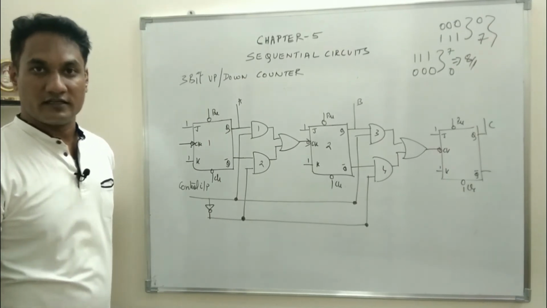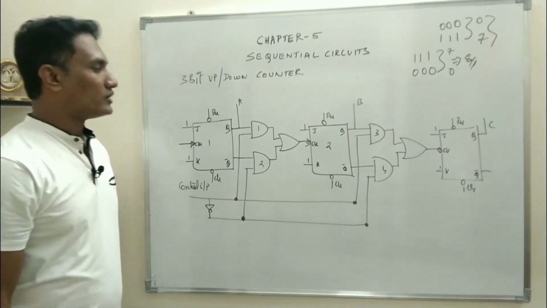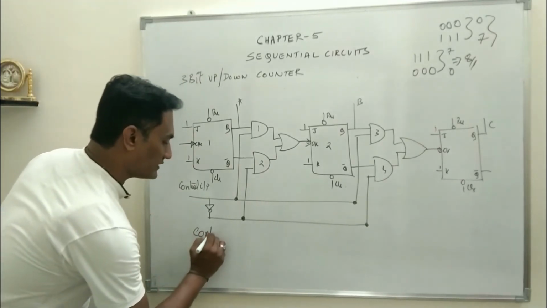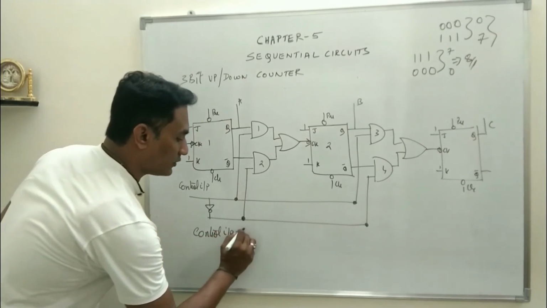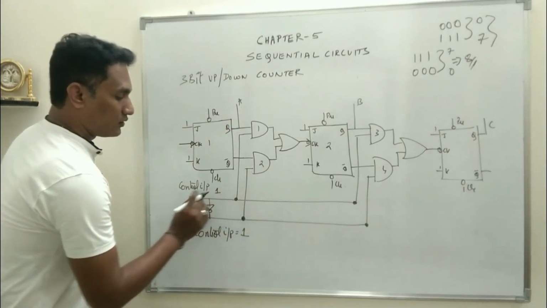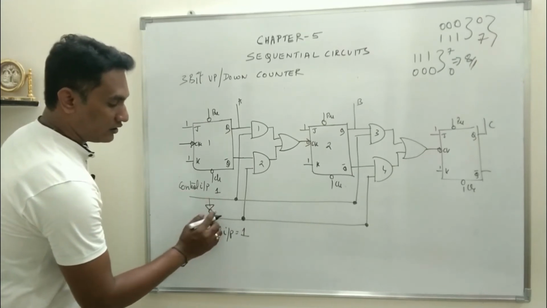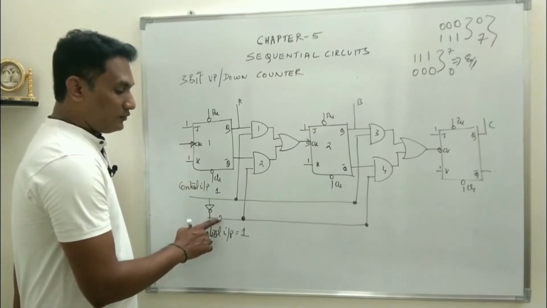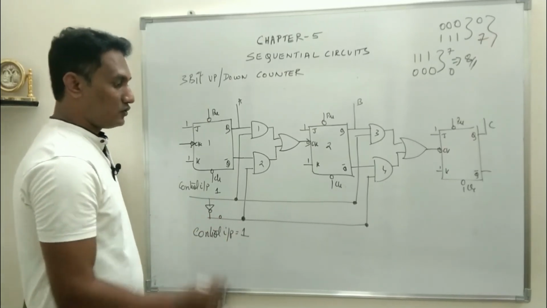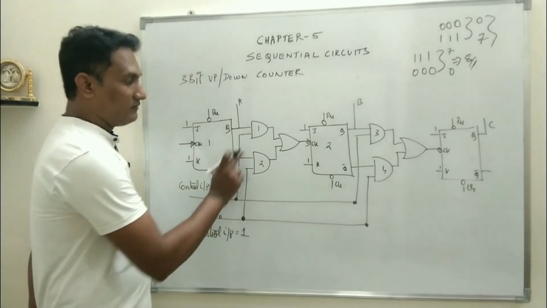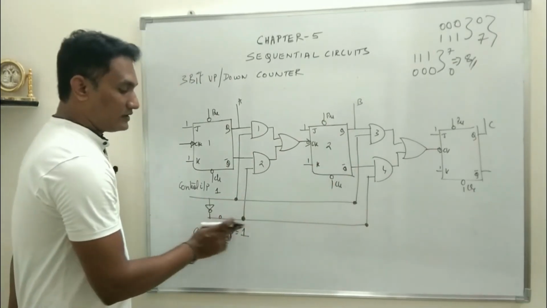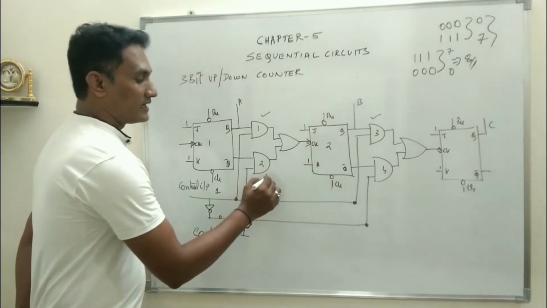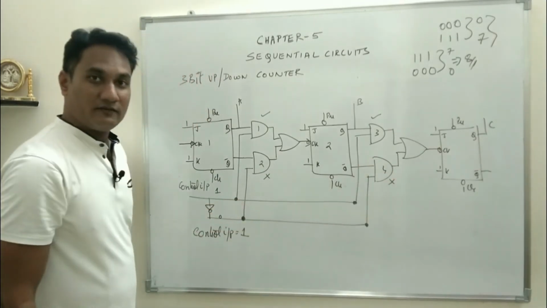You already know what is the difference in the construction part of up counter and down counter. Let us try to understand what happens when control input is given. So if the control input is equal to 1, that means the upper line is 1, and through the NOT gate the lower line is 0. And you know the property of an AND gate, if any one of the inputs is 0, the AND gate will be deactivated. So when control input is 1, that 1 is given to 1 and 3, whereas 0 is given to 2 and 4. That means 1 and 3 are activated, whereas 2 and 4 are deactivated.